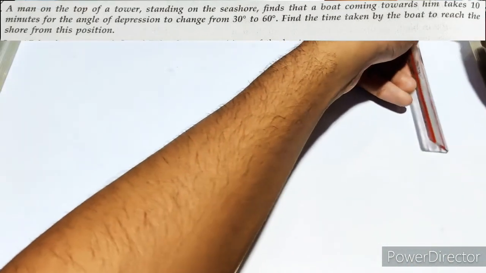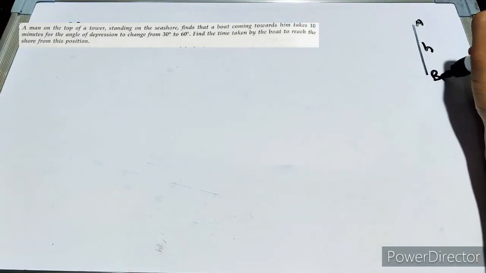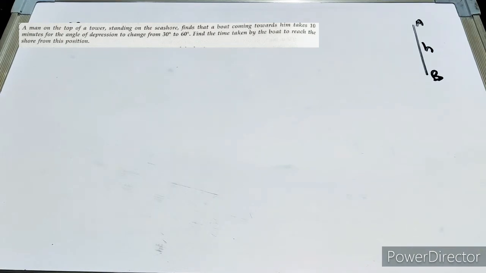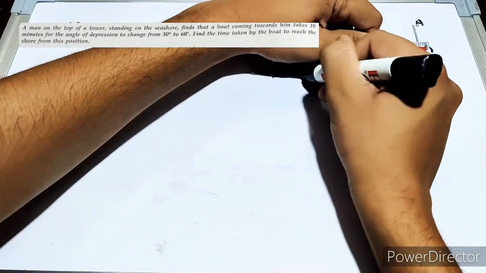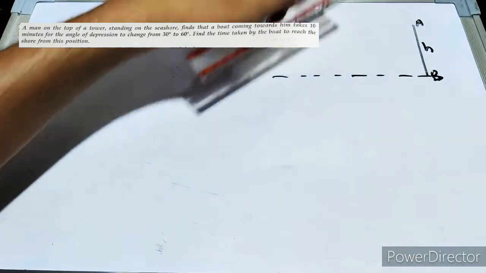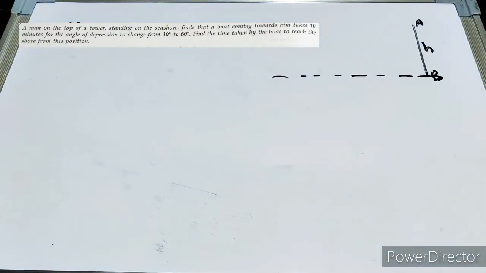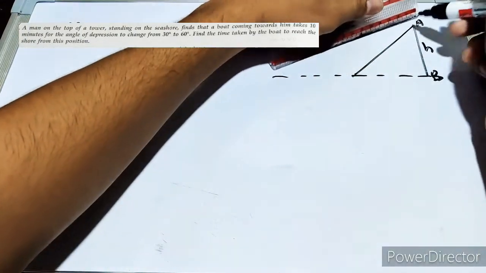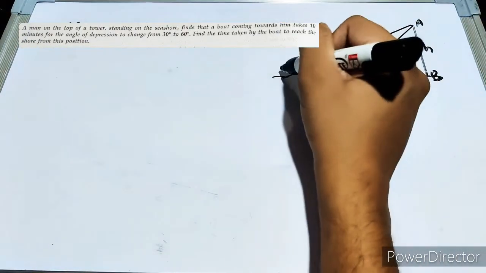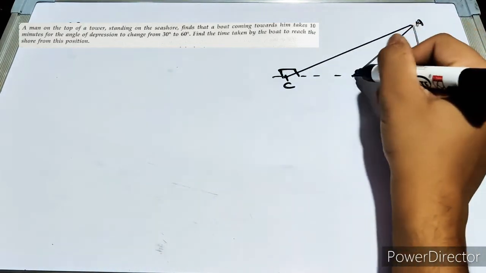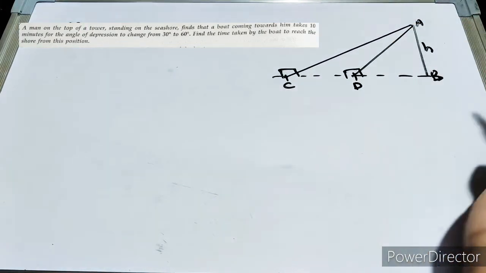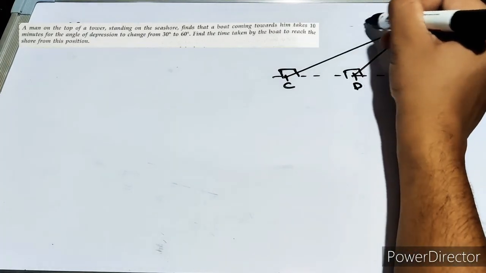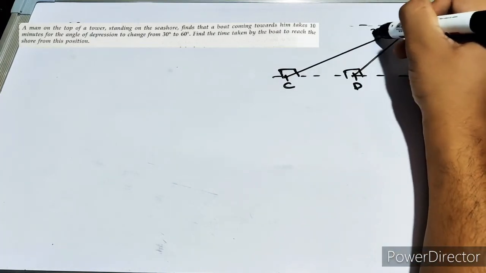Okay, so there is a tower. Let us assume it to be AB, with the length of the tower h. Then a person is standing on the top of the tower and he sees that a boat is coming towards the base, and the angle of depression, which was earlier 30 degree, is now becoming 60 degree. So earlier, let us assume that the boat is at point C and then D afterwards. So the boat first makes the angle of depression with A to be 30 degree, and then after some time